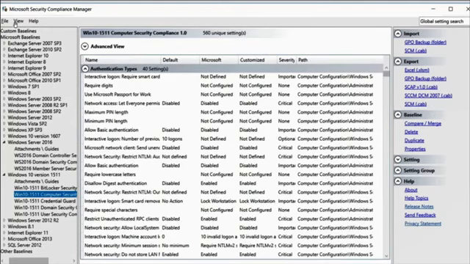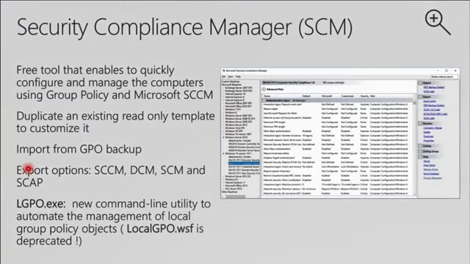Okay. As well, you should remember this tool, lgpo.exe. It's a command line utility to automate the management of local group policy objects. Because we had one which is deprecated, it's not recommended. So in the new exam, you could see some questions about the LGPO tool. Please make sure you're familiar